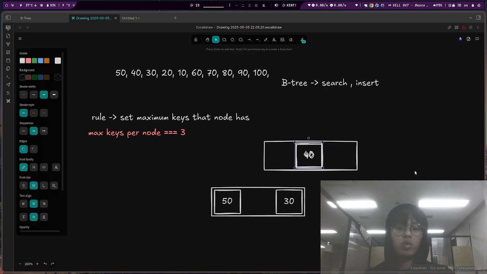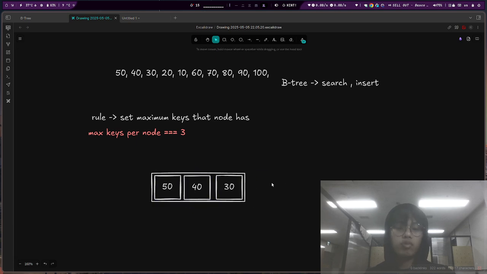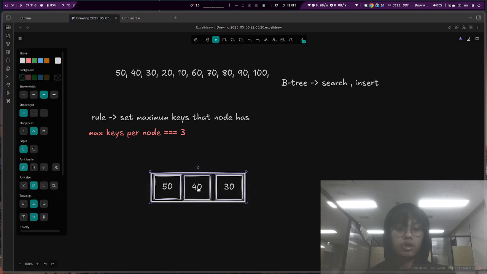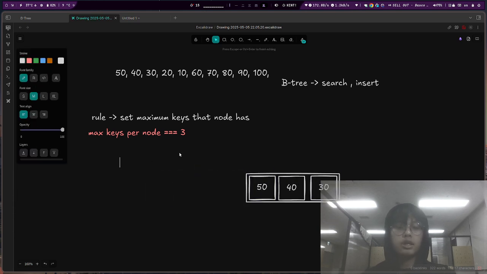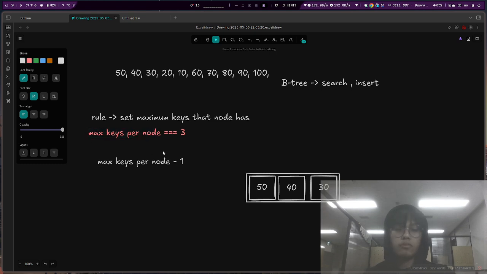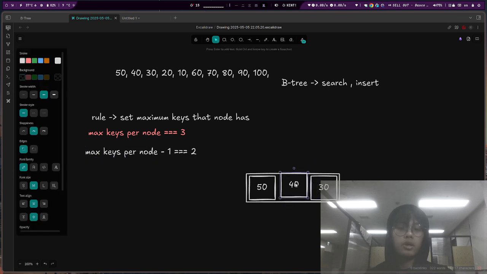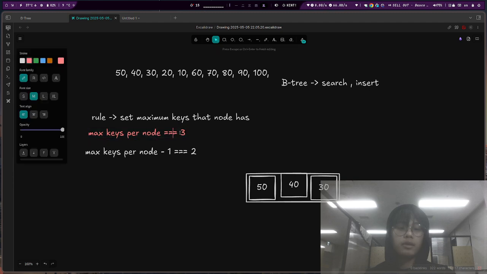So let me try to simplify more. You have 50, 40, 30. But before we begin, you have to select the primary key. Selecting the primary key is really simple. It's the maximum keys per node minus 1. The reason for minus 1 is not really a formula thing, it's a natural thing. We minus 1 because we have to select the middle index of here. And of course we made our own rule of maximum keys per node as 3, and 3 minus